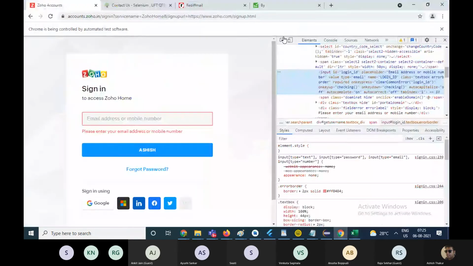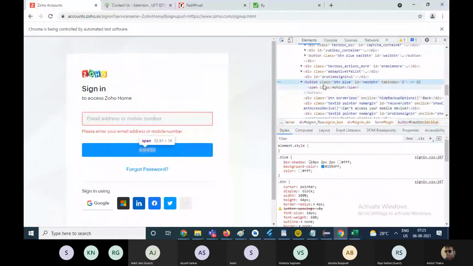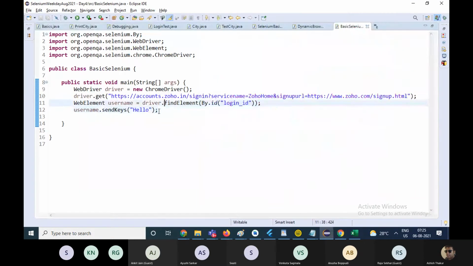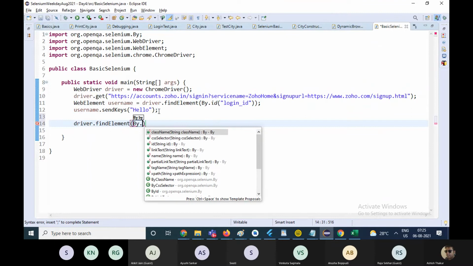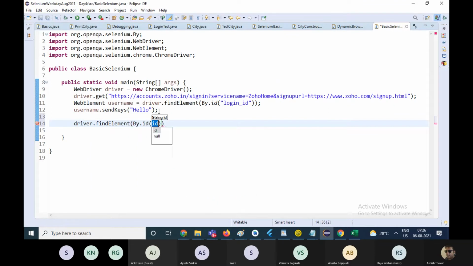Now suppose you have to click on this particular button. This is a button whose ID is next button. Okay, so you can write a similar piece of code. You can write driver dot find element by the ID.